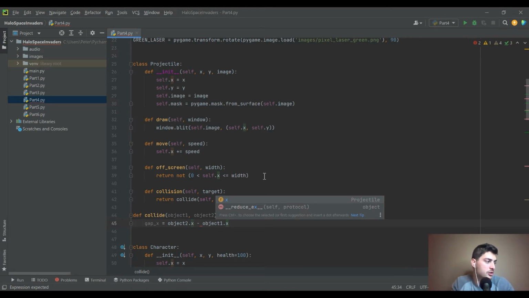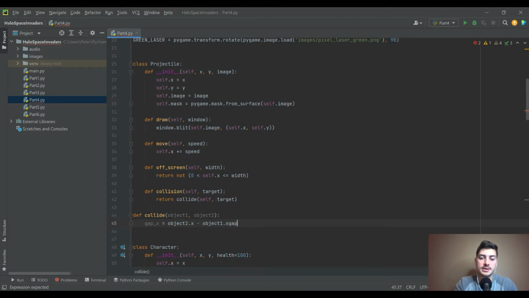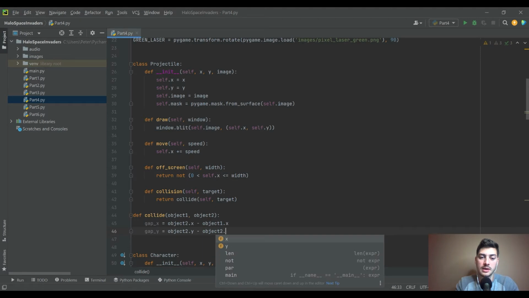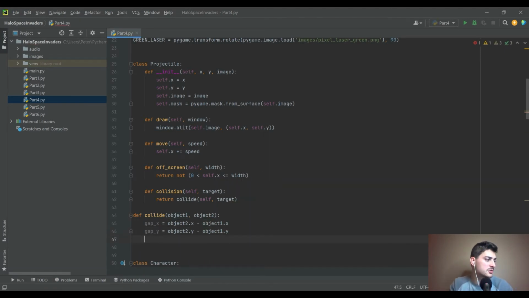So once we get through it, it's going to make a little more sense. Okay, so there's our gap in the x direction. Gap in the y direction is going to be just the same, except it's going to be dot y instead of dot x. Object2, object1 dot y. Okay, and here's why we actually needed it, because now we're returning a true false to see if there's been